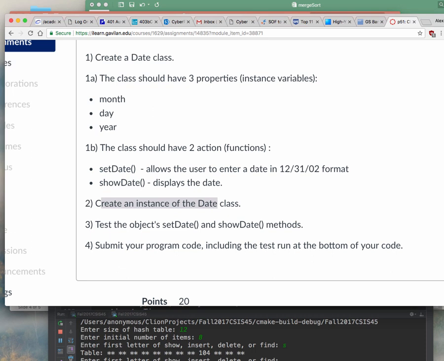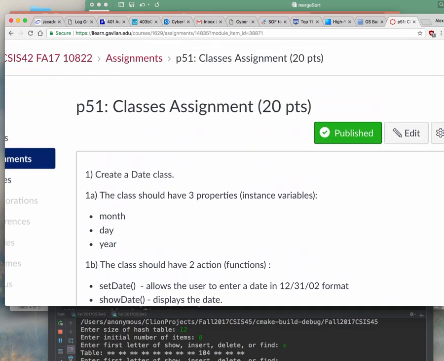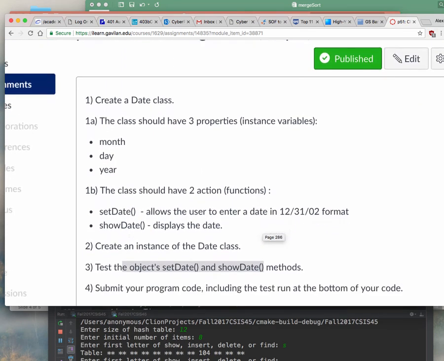And create an instance. So what you're supposed to do is create an instance of the date class. And again, look at the examples that I provided. I show you how to create instances. And test the object set date and show date method. So what are you going to do? You're going to create an object, an instance of an object, and you're going to have to use the object name dot set date and then object name dot show date to show these different things. Okay? And that's pretty much